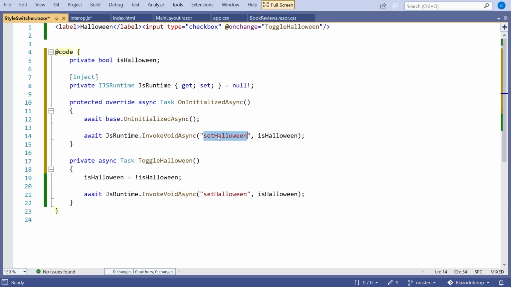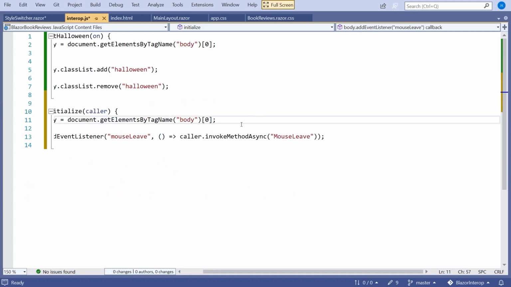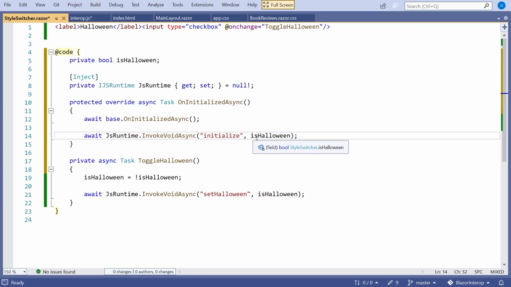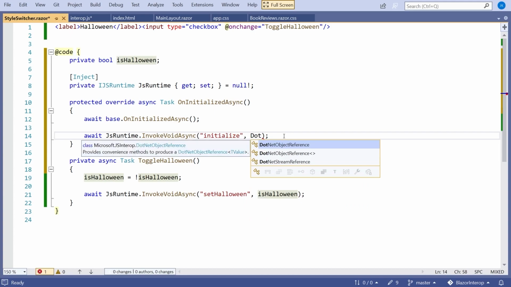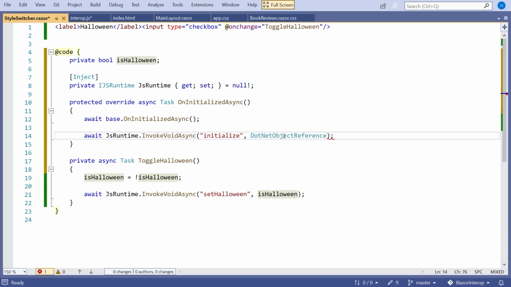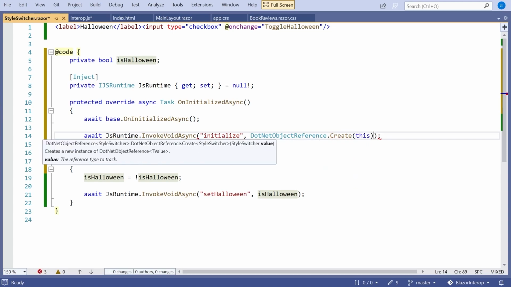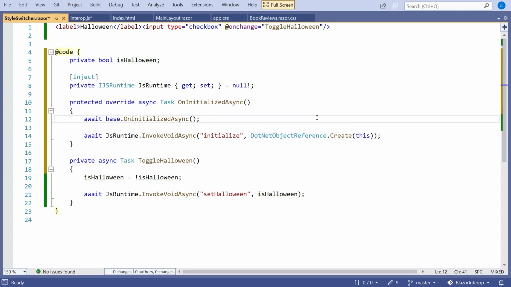So we're going to invoke a method, but in this case it's just going to be that initialize. And then remember, what we're passing as a parameter is the caller. So that's going to be ourself, going to be this, but you've got to do a bit of wrapping on that. So what we actually do is we say DotNetObjectReference.Create, and then this. And so it kind of wraps up our component. That's what gets passed through.